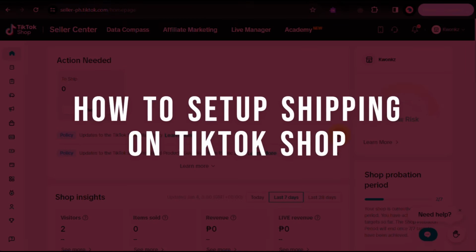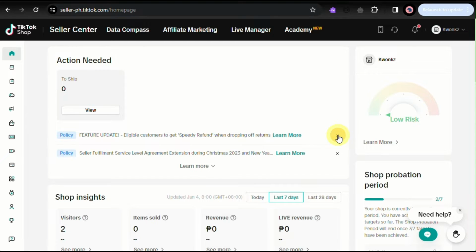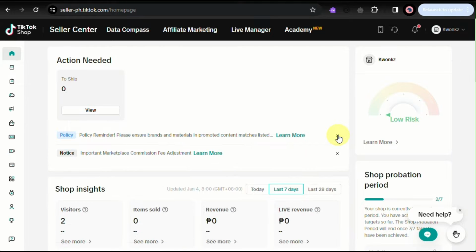How to set up shipping on TikTok. Hi guys, in this video, we will learn how you'll be able to set up shipping on your TikTok shop